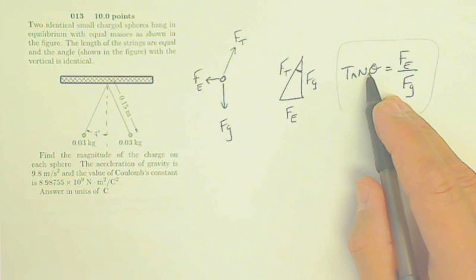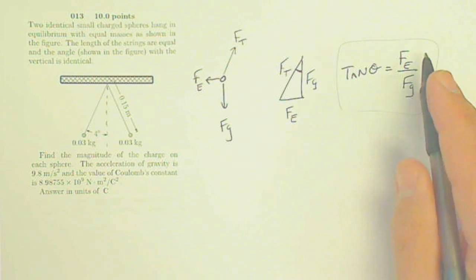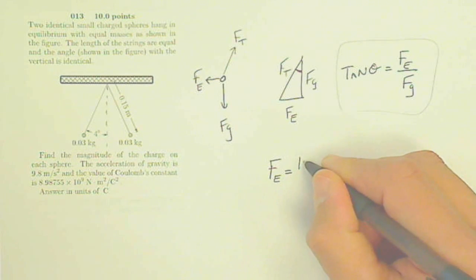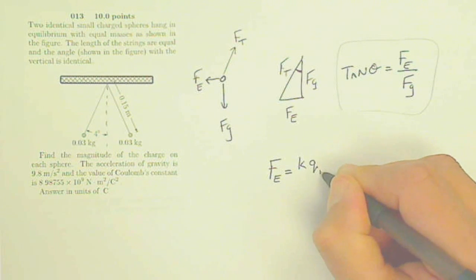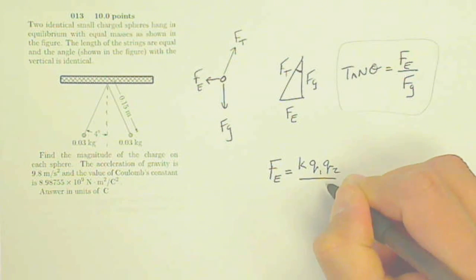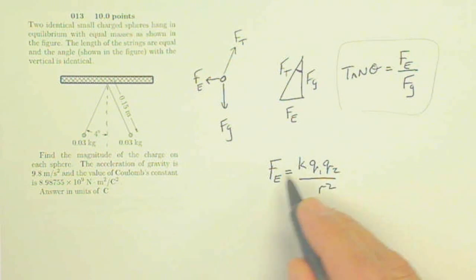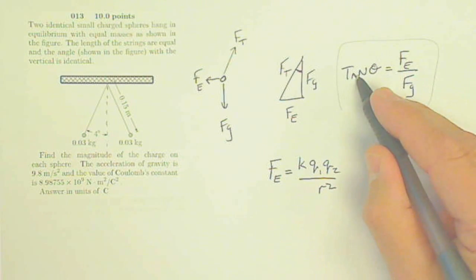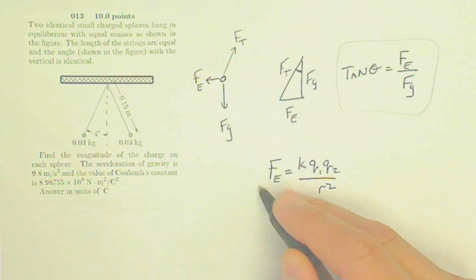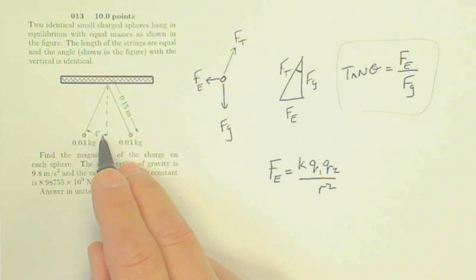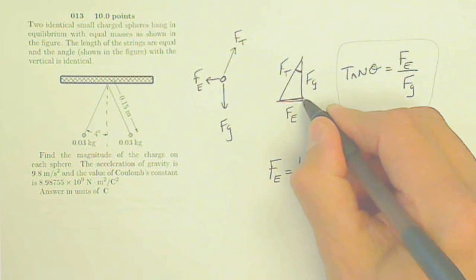I am looking for the charge on each sphere. So my force electric is what I'm going to have to figure out, and my force electric is going to be k Q1 Q2 over R squared. R is what I don't know. I don't know the charges either, but I'm going to solve for the force here because I know my tan theta and my gravity. So I'll have this. My k I know. My R, well, if that's 4 degrees, can I figure out what this is